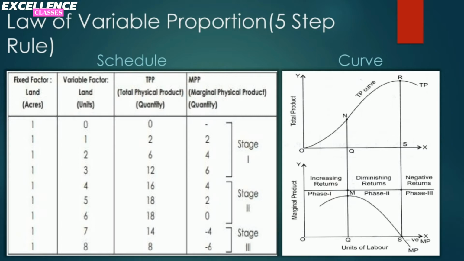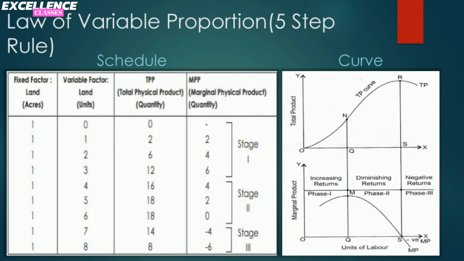For example, at third unit of output, MP is equal to total product at third unit of output minus total product at second unit of output, which is equal to 6 minus 2 is equal to 4 and so on. In the schedule and curve, we can see that in the first stage of production,